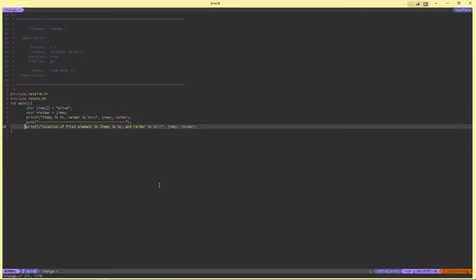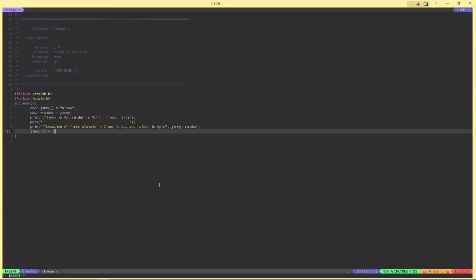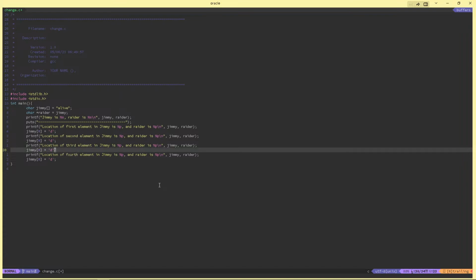Sorry, so everything we wrote got deleted because I was not able to save it. So let's do it again. Okay. Then rather than the first element, I'm going to change to the second element, then the third element, and then the fourth element, and then